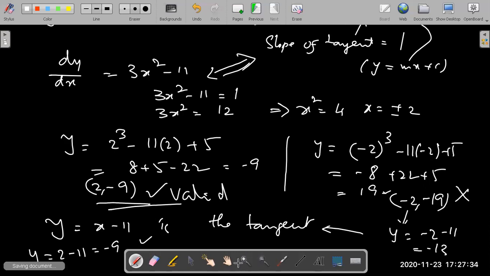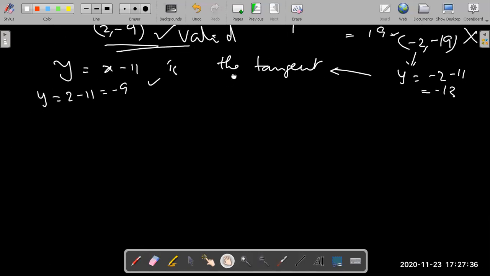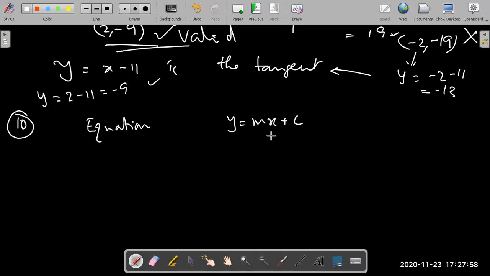So 10th question is find the equation of all lines. So now starting with the equation. The moment they say equation, then we have to get into this form of y is equal to mx plus c. So not only finding slope, we need to get the equation. That means we need to see the y-intercept and other things. So the question is find the equation of all lines